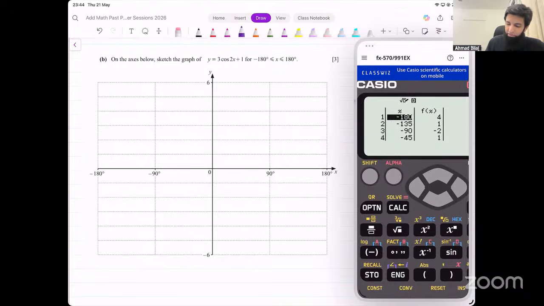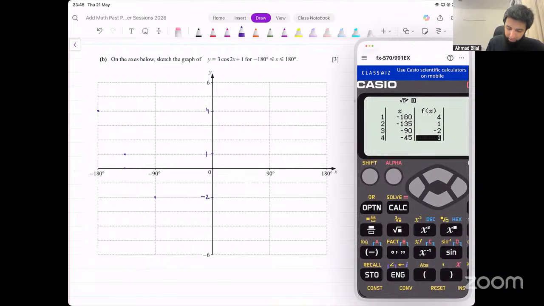If I use 45 as the step, I have these values. At minus 180, there is 4. So this will be 4 here. This is 1 point that I've got. Let's actually plot all of them. At minus 135, I've got 1. So it will be here. Then the next value is negative 2. This is negative 2. At negative 45, it is